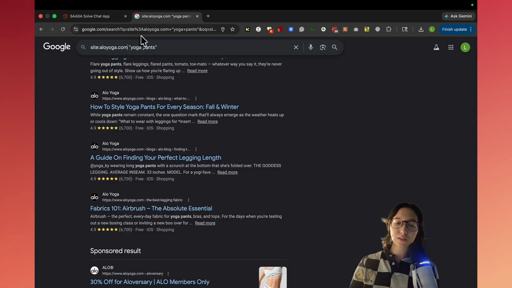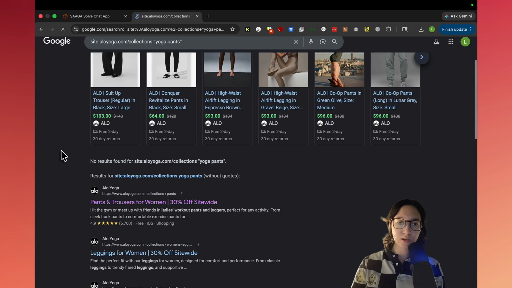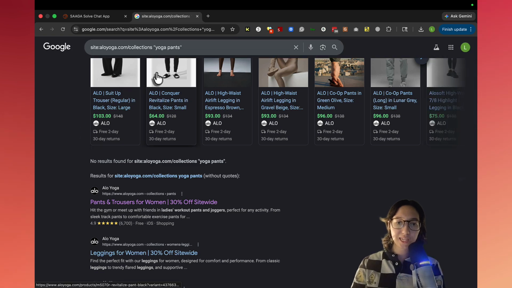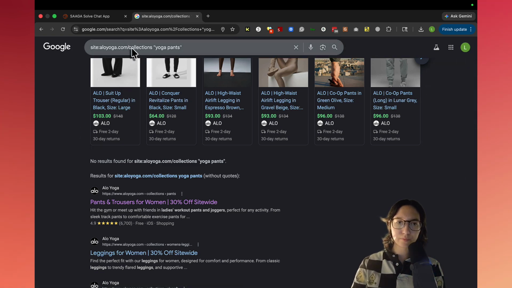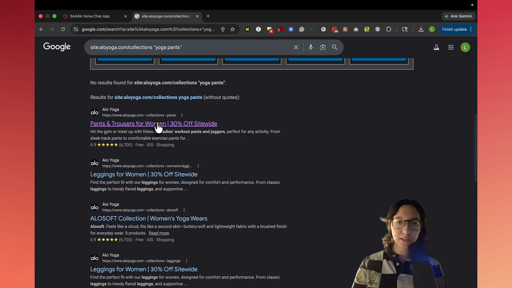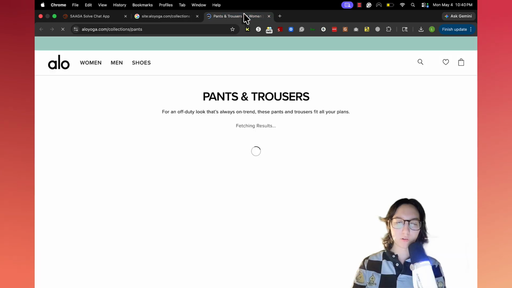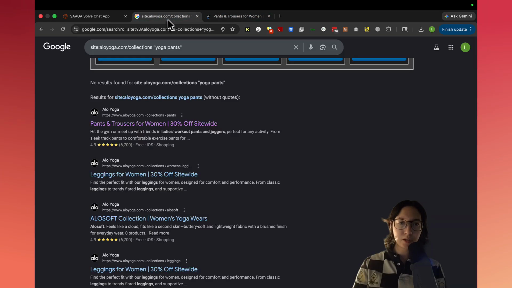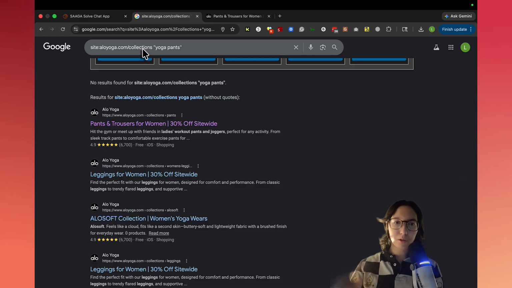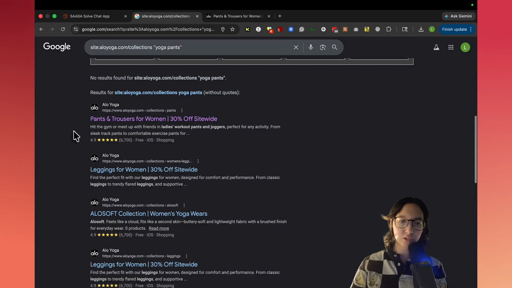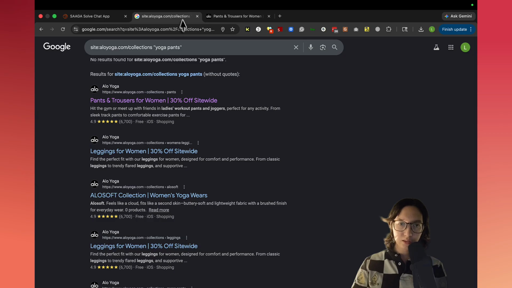We can even take this a step further and add the /collections here. So now we're just searching in that category. And let me just confirm that is actually how their URL taxonomy is. Yep. So now we're saying, okay, I've seen yoga pants in blogs, but I want to see just their collections, the e-commerce pages. Does the keyword yoga pants actually appear anywhere?